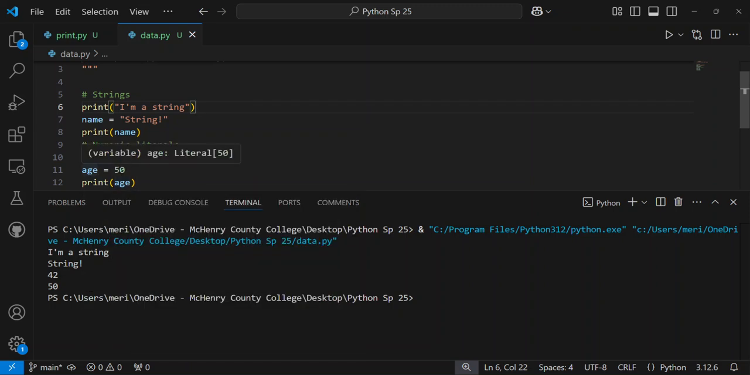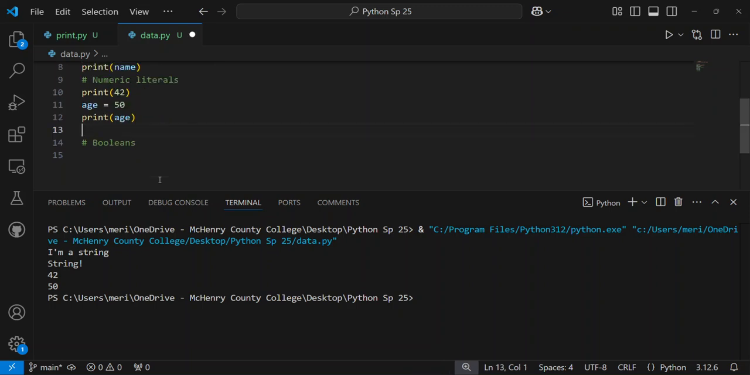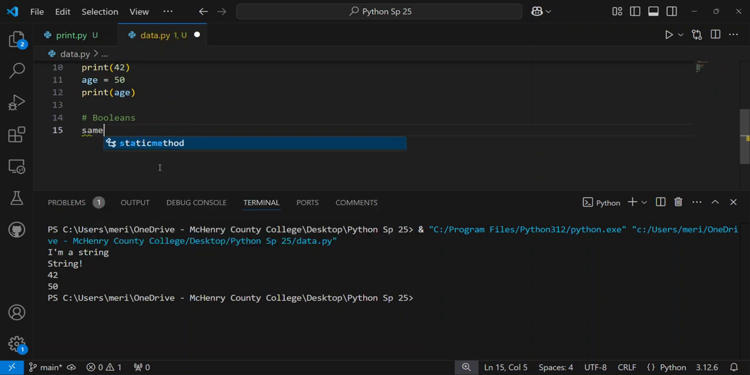So the variable name, age, that's representing a space in memory where this number is stored. A single equals sign is the assignment operator. If we were to compare something, and I'm going to actually do this a little bit with a Boolean. So we're going to have same equals true,